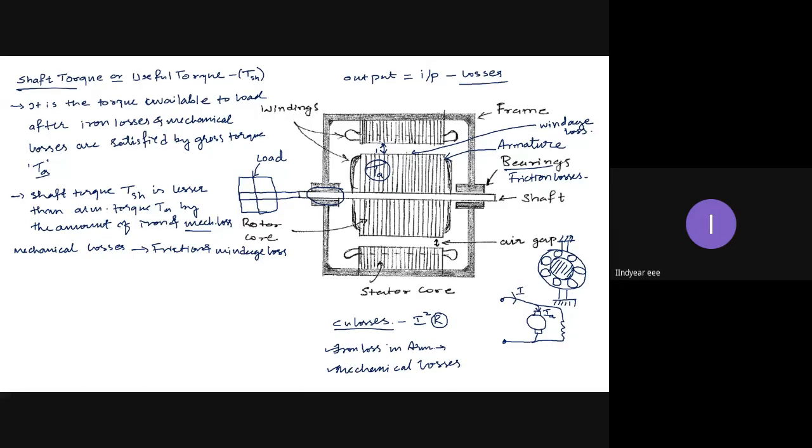Exactly, if you want to experience what windage losses are, many of us have traveled in the metro. If you stand near the tunnel in the metro station, where there are underground metro stations like Majestic railway station, KR Market and all, when the train arrives at the station, you will experience a large force of air coming out of the tunnel. Did you experience this?